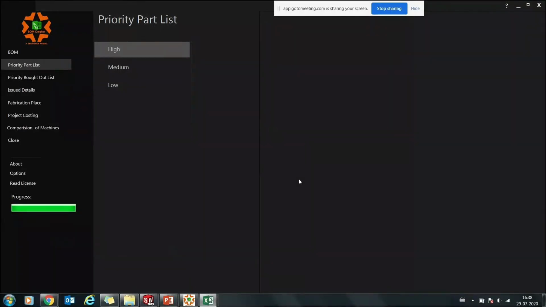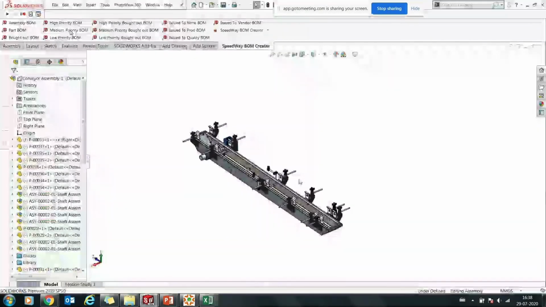Now if I want to create a high priority list, I can just quickly click and create this, right? This high priority list basically covers my items taking longer time. You can see priority is high, right? So these are my high priority list.